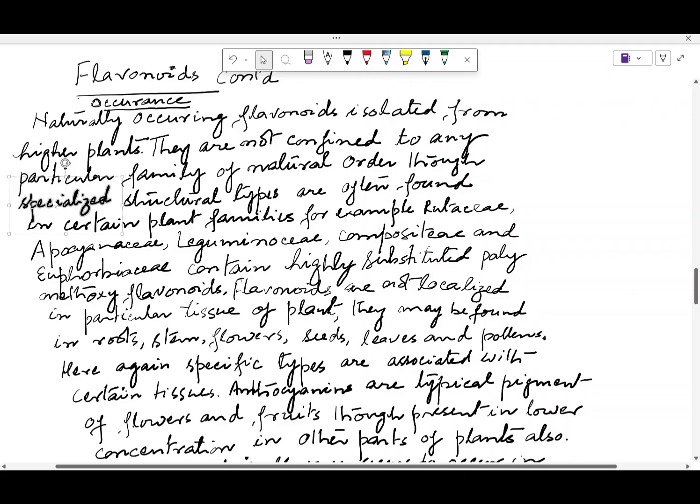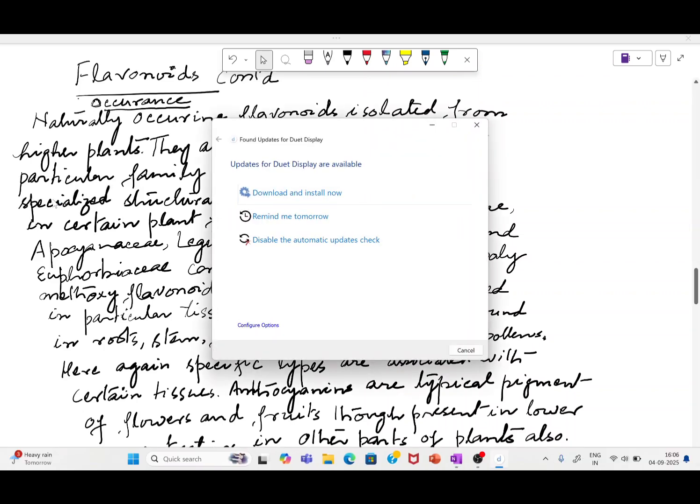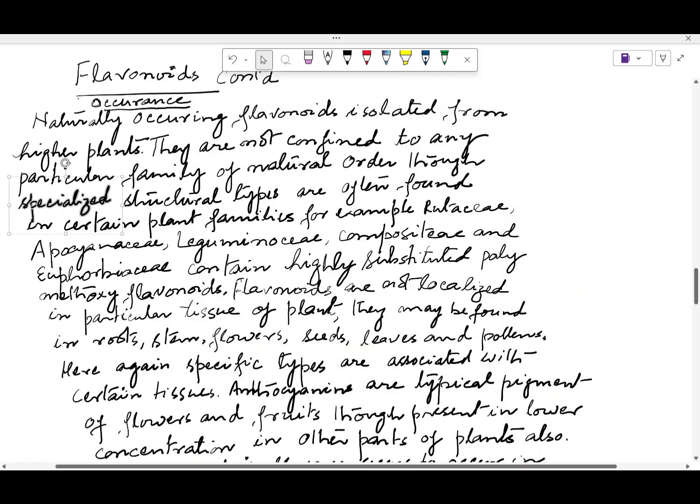Now let us continue with the flavonoids. First of all, I will let you know where it occurs and where we have to isolate this one. Therefore, since the flavonoid is a naturally occurring compound, it can be synthesized also, but from the natural source, it occurs